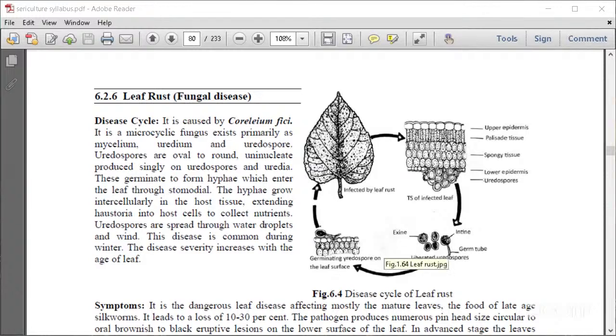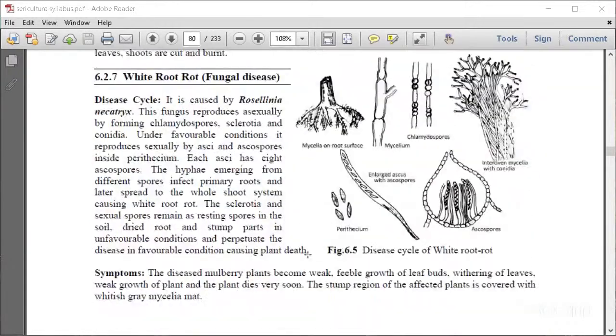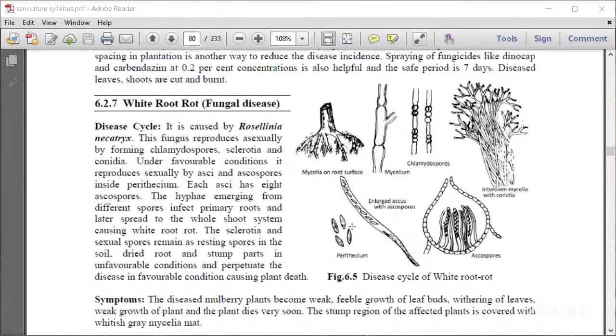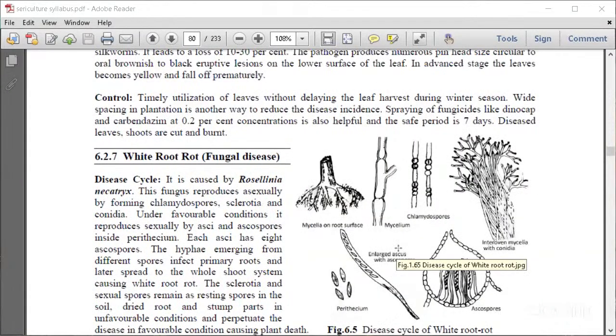Next, coming to the white rot fungal disease. How does the white rot fungal disease look like? Here you can see the mycelium of the white rot disease. This is caused by Rosellinia